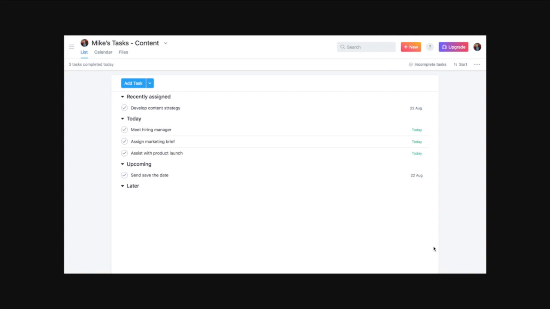I really like the My Tasks view in Asana. I find it really helpful for prioritizing my tasks and figuring out when I'm going to work on stuff. The way it works is that any tasks that have been assigned to you automatically appear in this recently assigned